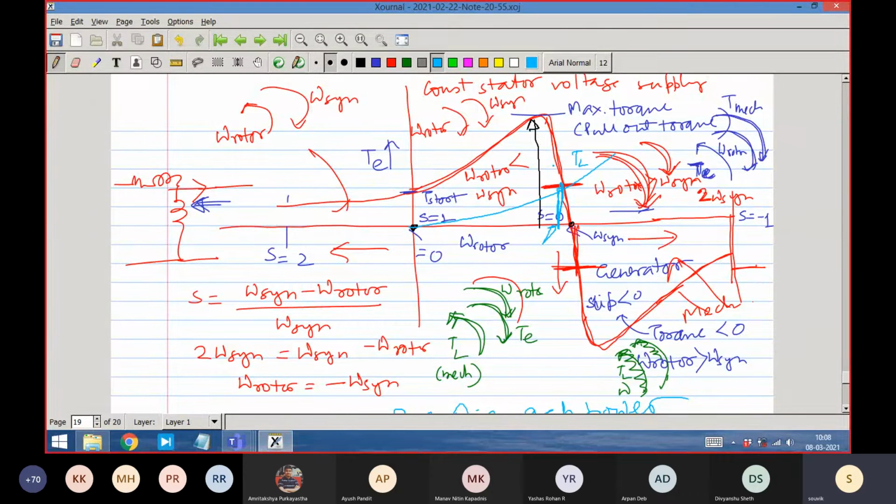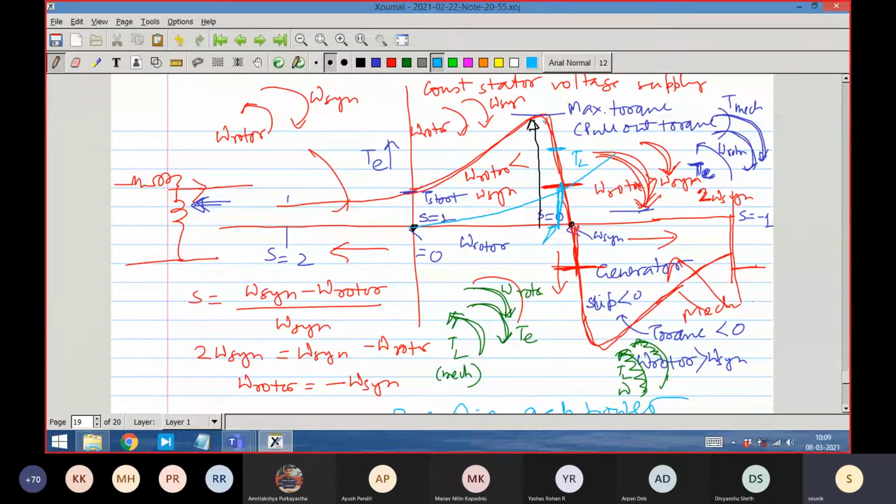We should not be tempted to choose a rated operating point here. That should not be the objective. The objective is a combination of both. We should have as much torque as possible, but we should also look at the slip so that the efficiency is good. So you may say that if you require higher torque, you have to produce a characteristic where this would be the rated torque at that same slip. You have to choose that kind of machine.